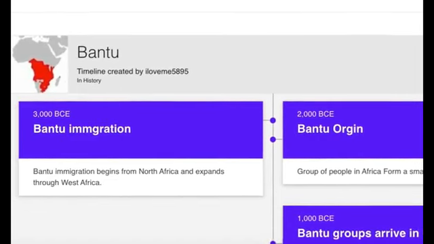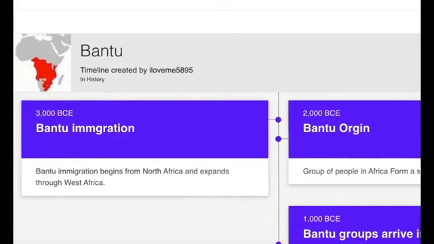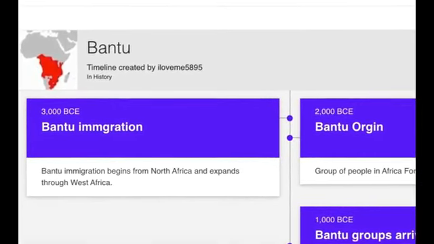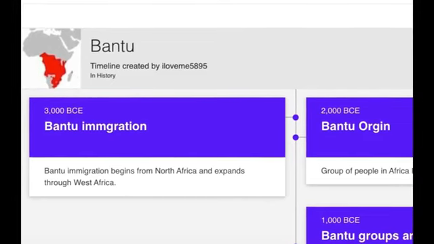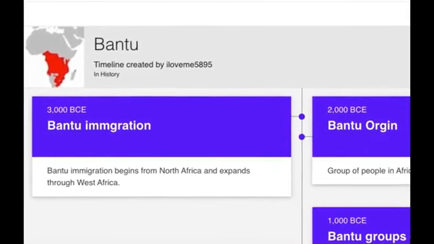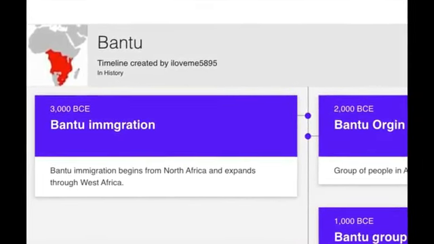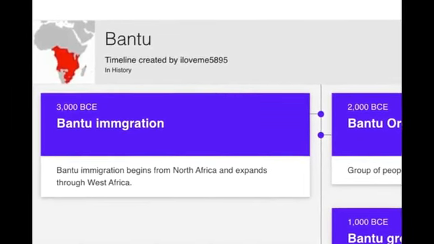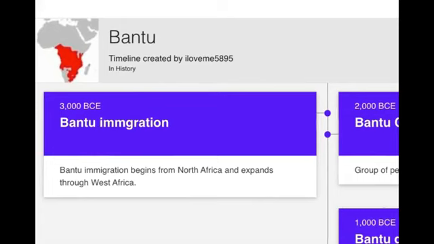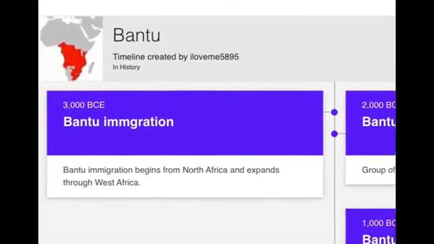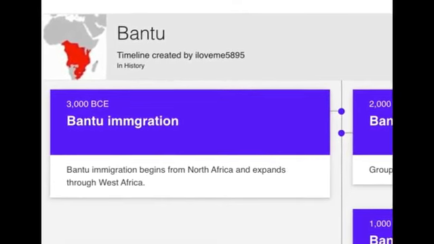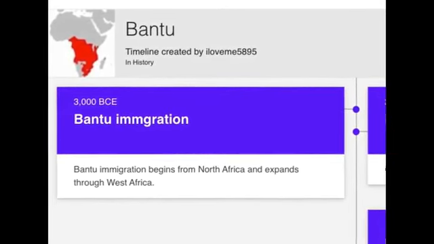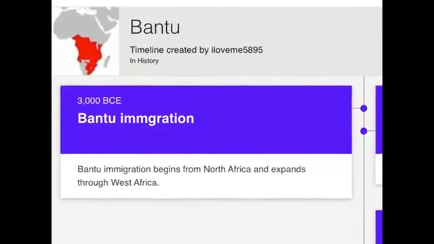So you mean to tell me that the Israelites that migrated from Israel into Africa are the Bantus? Because this is clear. This is talking about the same people that came from Israel into Africa. Those are the Bantus. The so-called Bantu expansion is the migration of Israel into Africa.